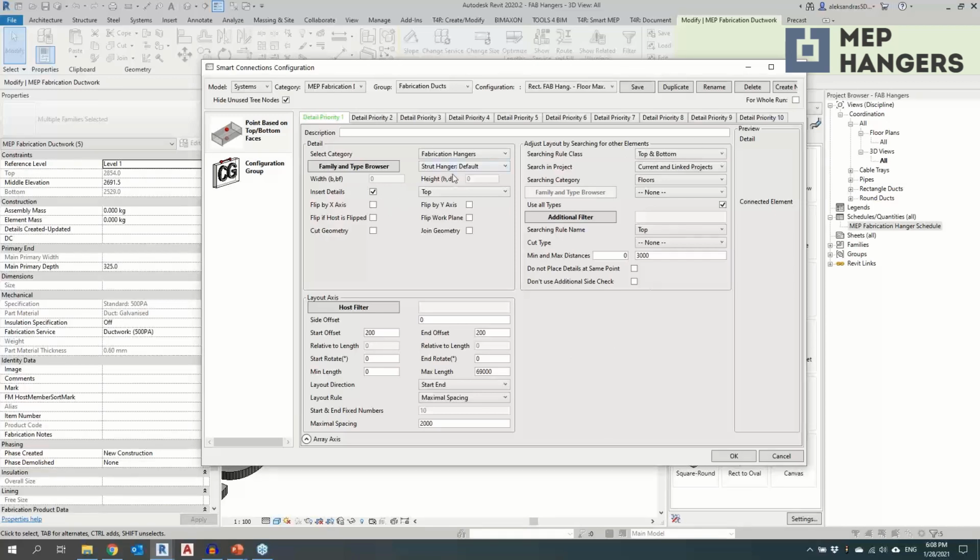And here we are describing in these three parts. First one is what kind of hanger should be used. So for these ducts, I will use strut hanger, but since others are loaded, you can choose them as well. On the right part, I can choose to which exact structure I would want to connect to. So for now, I will be looking to connect on top or in the bottom of the duct, both in current